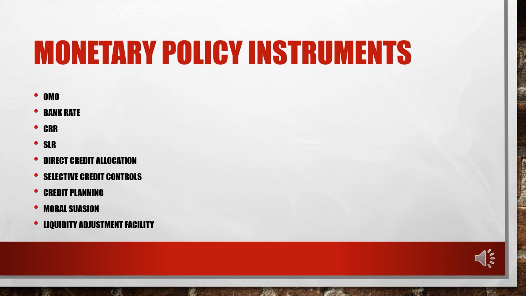There are other instruments, like direct credit allocation and the credit. So you see, the Reserve Bank of India also controls the distribution of allocation of credit among different sectors. So there are some priority sectors. Some amount of loans should be given to these priority sectors, and there are some sectors which are highly risky sectors, right? So the loans given to those sectors should be controlled, and that is basically the guideline the RBI has given. So by controlling this, they basically go for fixation of specific and direct quantitative credit ceilings, right, and credit targets.